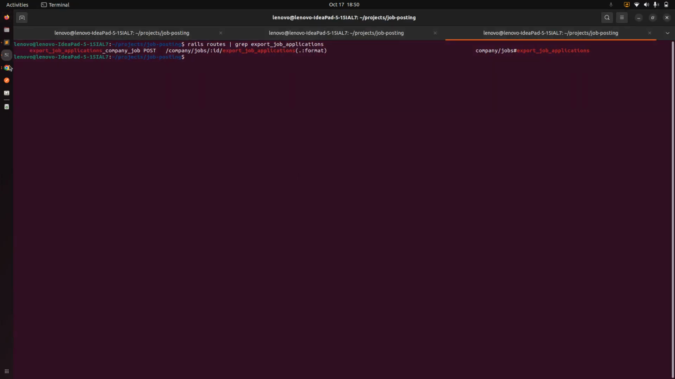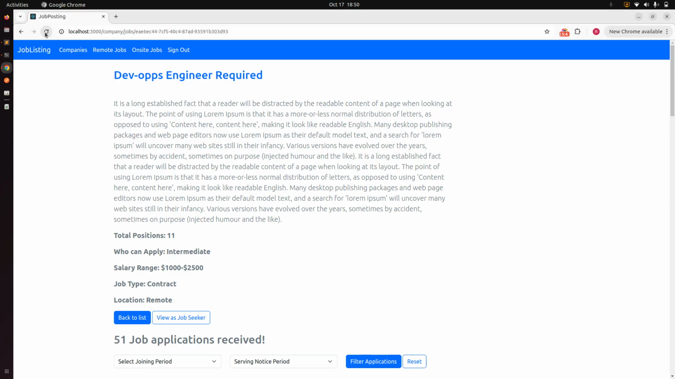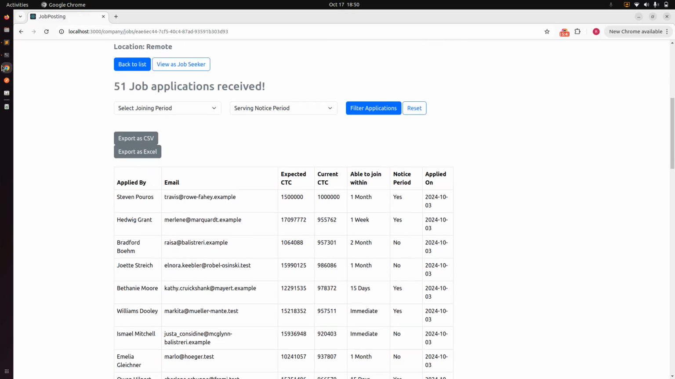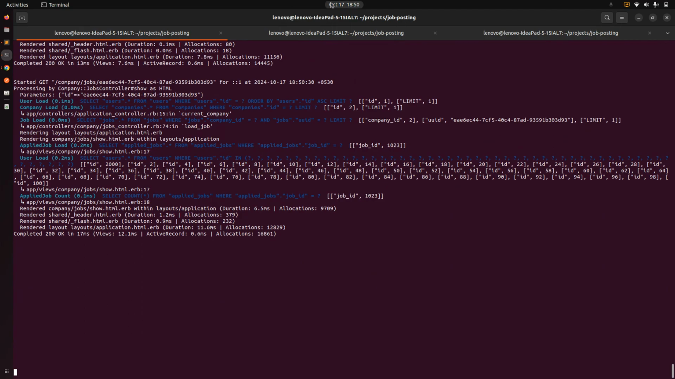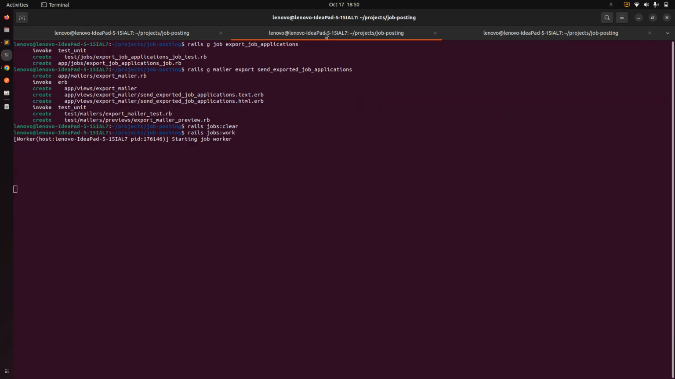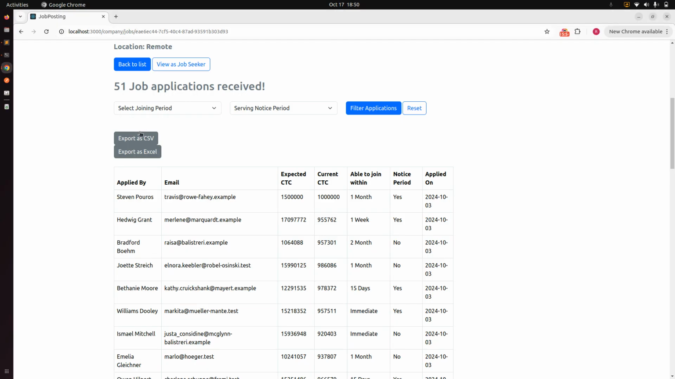Okay, now we need to go to the browser again and refresh the page. And make some space in the terminal again where the server is running, and where the job worker is running. Now if you click on export as CSV,